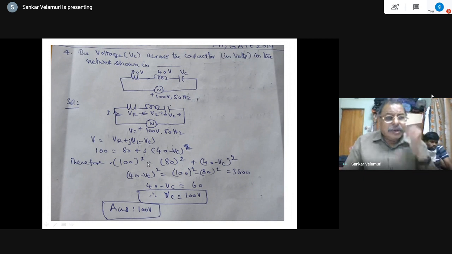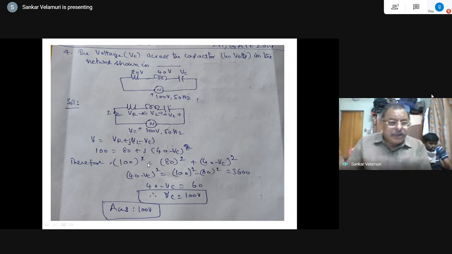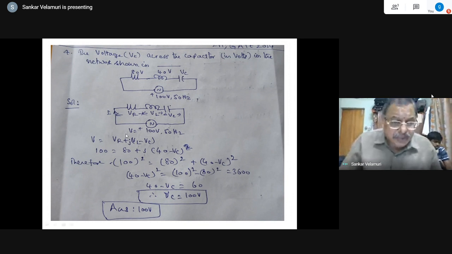So now we know in the complex form when you have V is equal to VR plus jVL minus jVC, the magnitude can be computed as V is equal to square root of VR square plus VL minus VC whole square, right? So that is what I have written here. It is the magnitude of the corresponding complex form of the voltage. Total voltage V is 100. This is VR, 80. VL is 40. VC is to be computed. So V square is equal to VR square plus VL minus VC whole square. So V square is equal to 100 square is equal to 80 square plus 40 minus VC whole square.